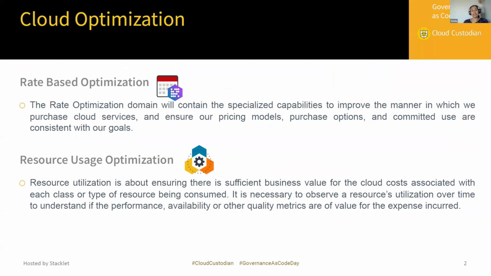So basically, optimization in cloud is classified broadly into two types, right? One is rate-based, another one is resource-based. Rate-based is where we deal with RIs and savings plans, come up with a strategy and pricing model, like what percentage of 1 year savings plans or 3 year savings plans we want to do, or RIs, and then leave a few percentage for resource-based optimization, because we always have to be careful about the peaks and valleys in our day-to-day model. So that's rate-based optimization.